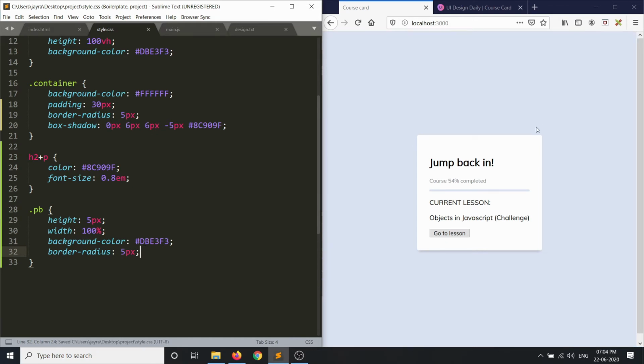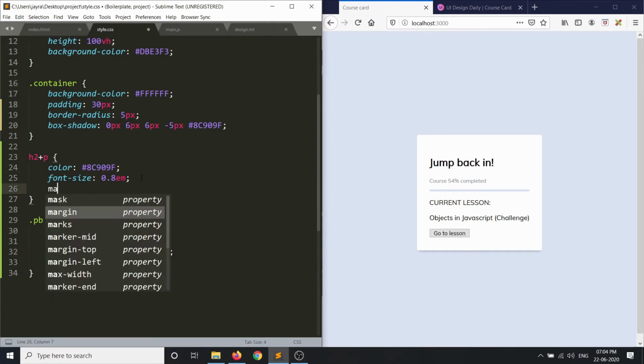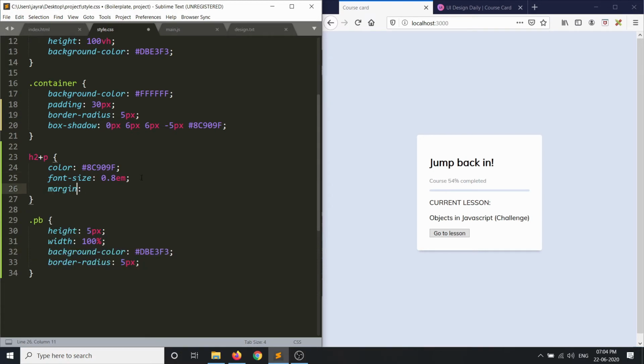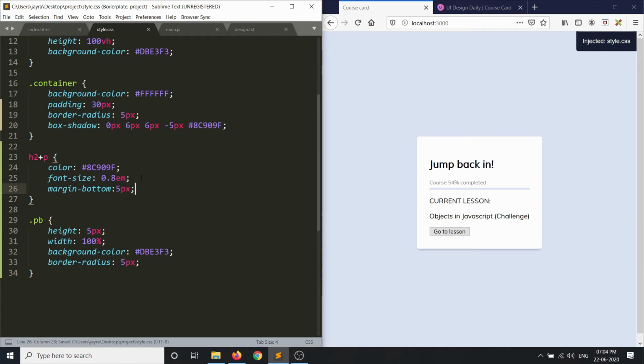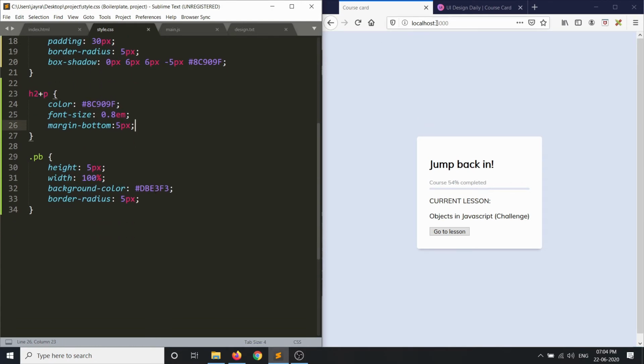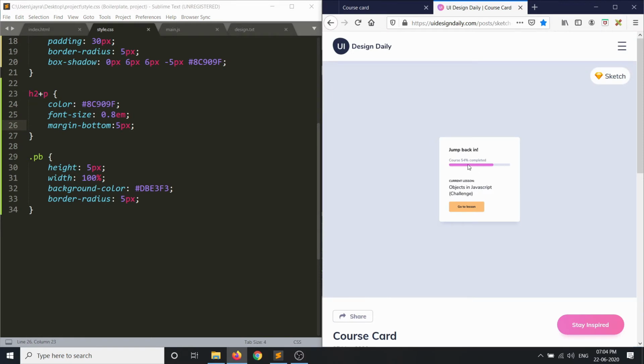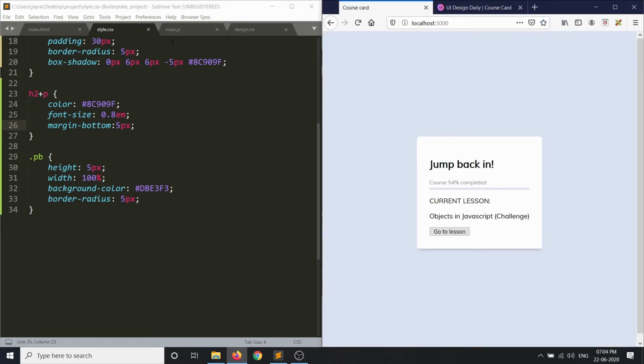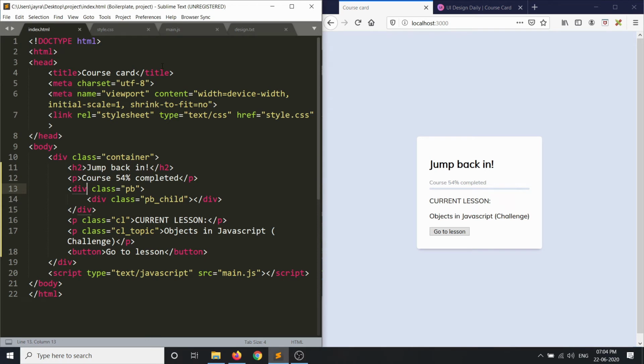And I think there's a little bit of spacing here, right? That's probably because of the margin bottom for this p tag. So let's make it a little bit lesser. We'll just say margin-bottom of 5 pixels. Okay, that looks better. Now let's style the inner part of the progress bar, which we had given the class of pb_child.